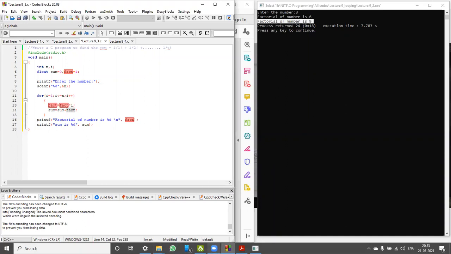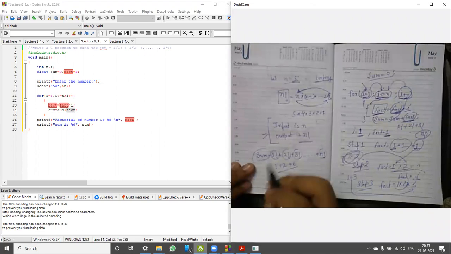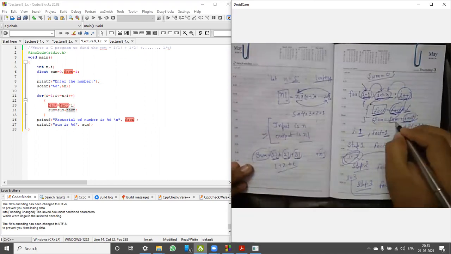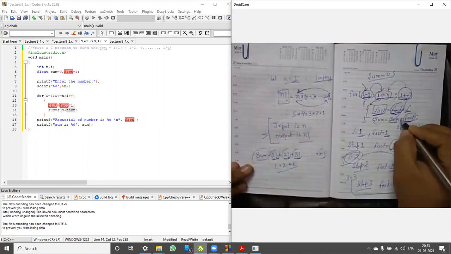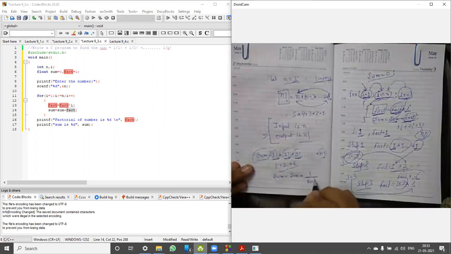If I want to calculate 1 factorial, 2 factorial, 3 factorial, I'm using fact, and now I can use the statement sum is equals to sum plus 1 over fact. Simple.